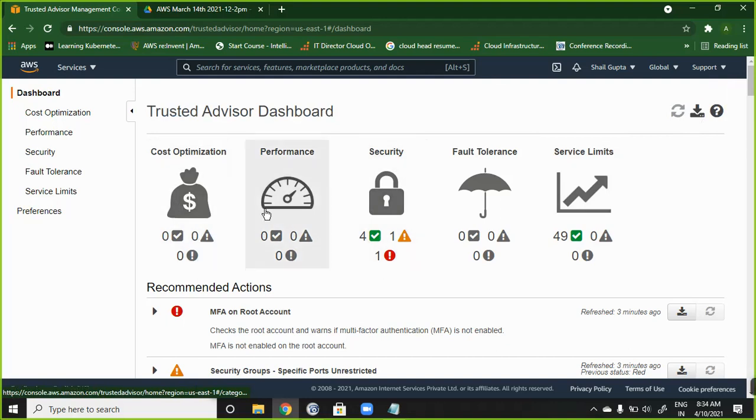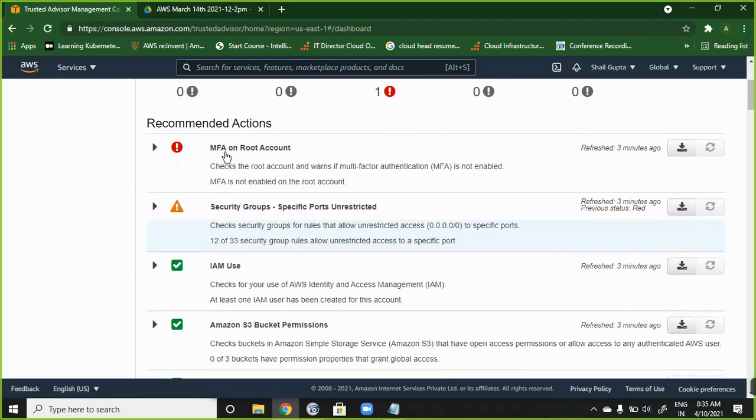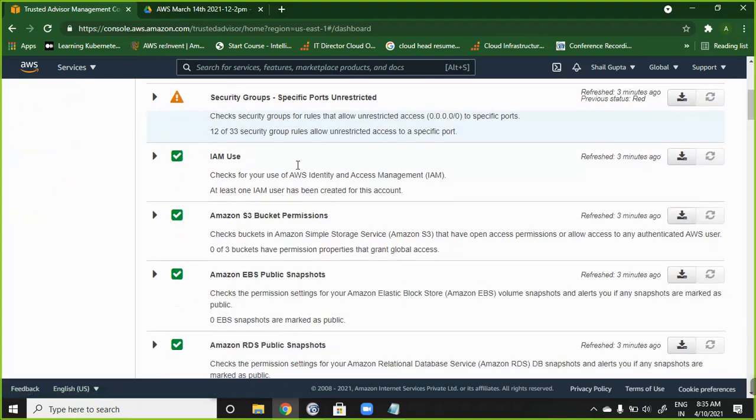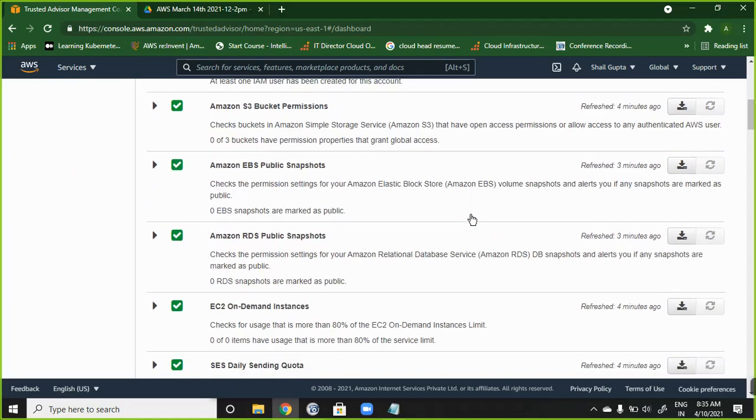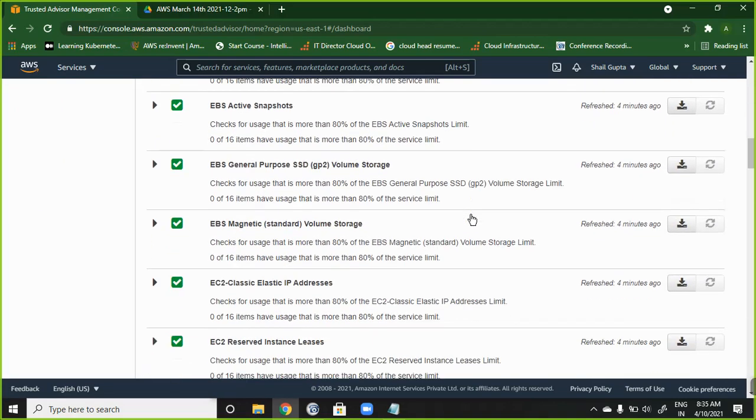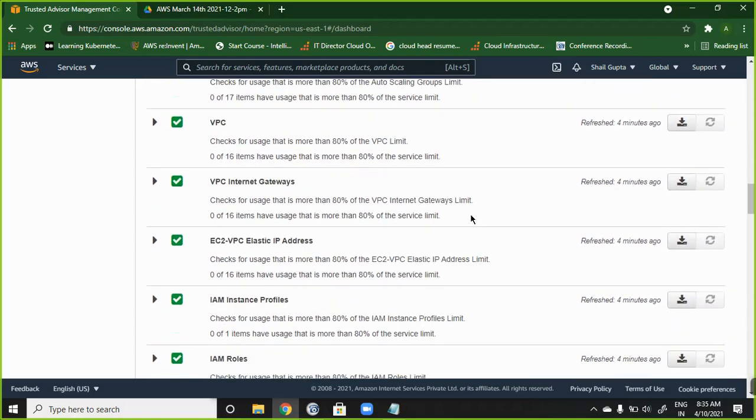Or you can click on any particular component and the report related to that component will come out. You can download the report component-wise. Let's say I want to download for the security group only, so I can click on this and the security group will come. Here all the components will come, which you have learned or not learned.